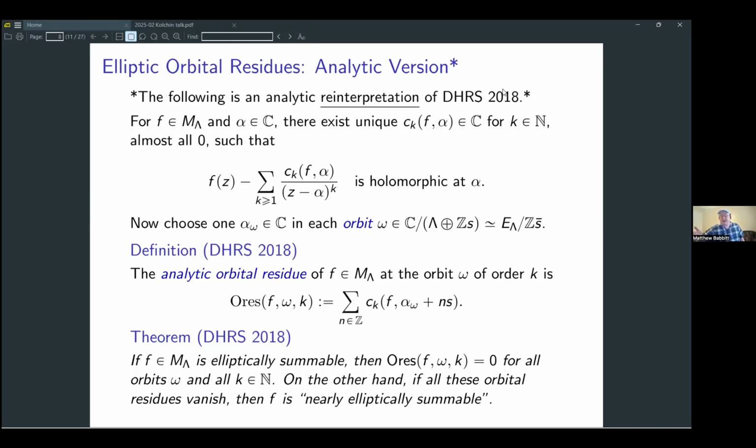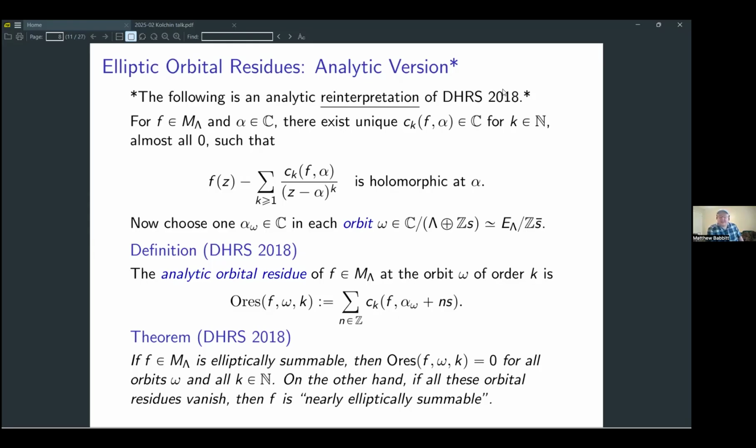The shift automorphism, as opposed to the z orbits on C, right? So we're going to choose a representative of each orbit, C mod lambda mod zs, right? So this is really the elliptic curve modding out by this shift. And then